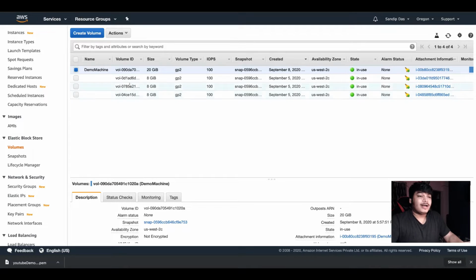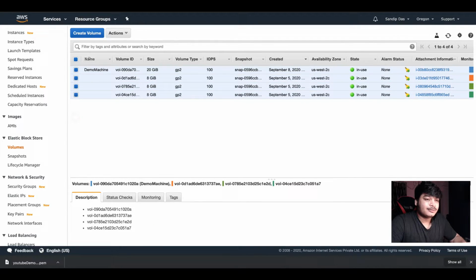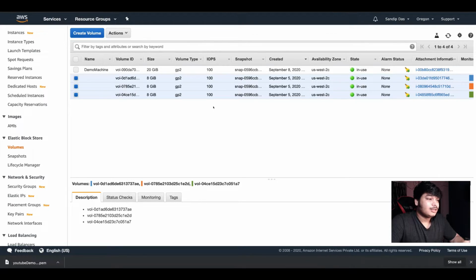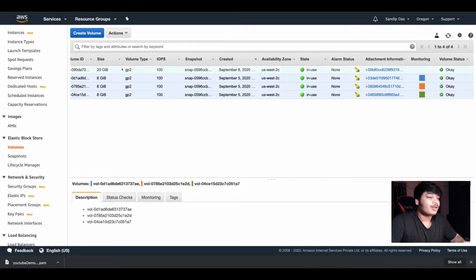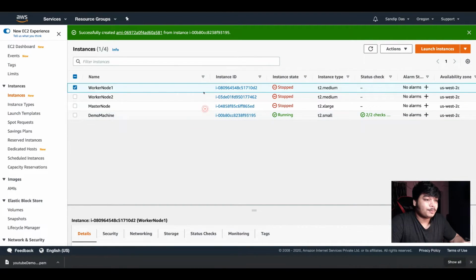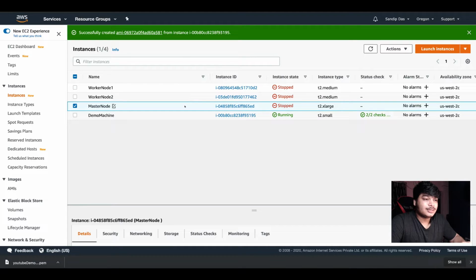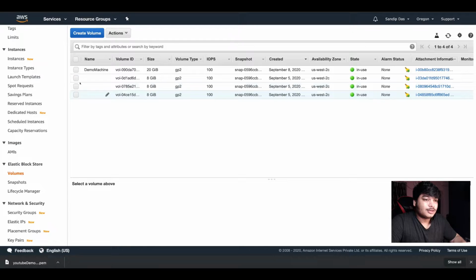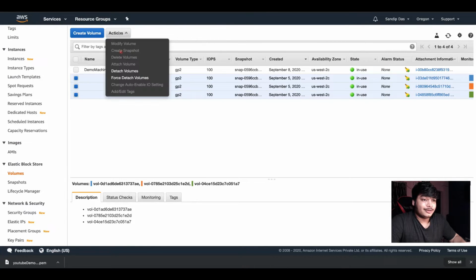Now I have this volume from older machines. I can always terminate it. Suppose I want to remove all of those; if it's not required anymore, you can always remove it. Is it connected to some machine? Okay, this is this instance, and I've stopped it. So these 3 instances' volumes are this one. Now what if we try to detach or delete now?